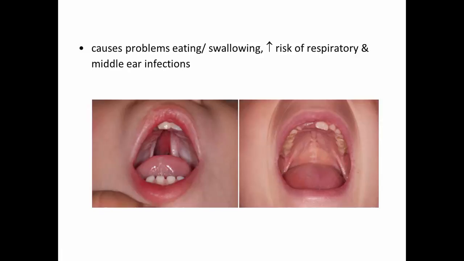Because when things go up into the nasal cavity, as you may know, if you get something up your nose, you're more likely to inhale it. And then that increases your risk of infections in the bronchi, bronchioles, and in the alveoli. Also, because things can go up the eustachian tube from the throat, it increases your risk of middle ear infections too. What they usually do is they try to do surgery as soon after birth as possible,